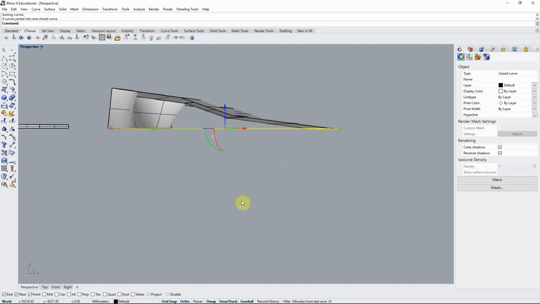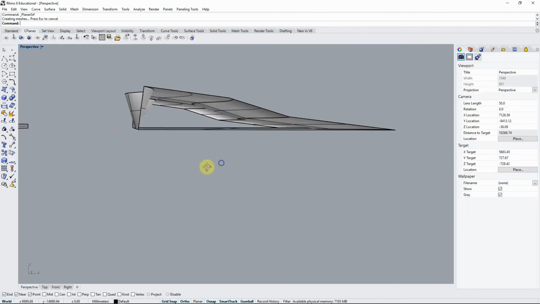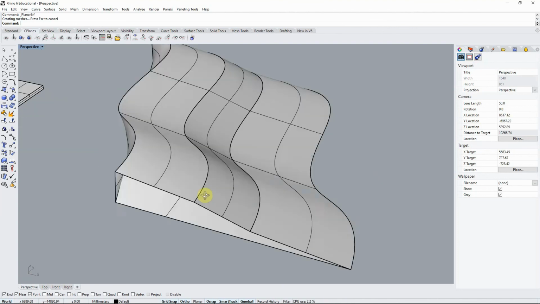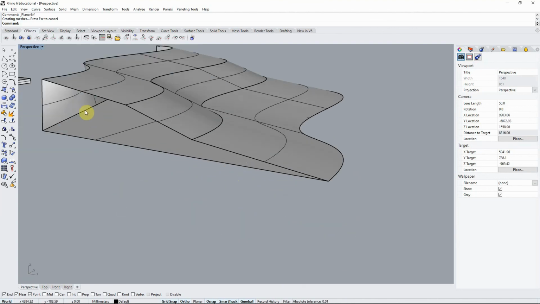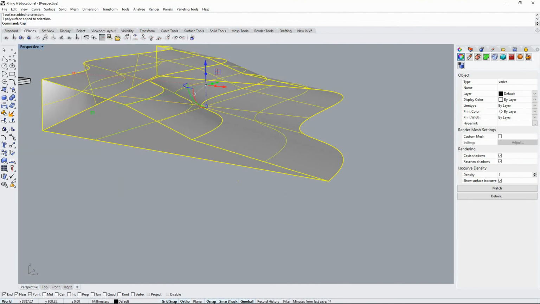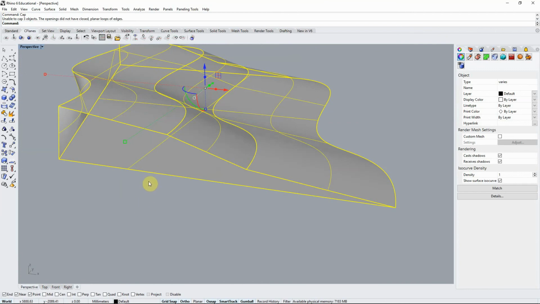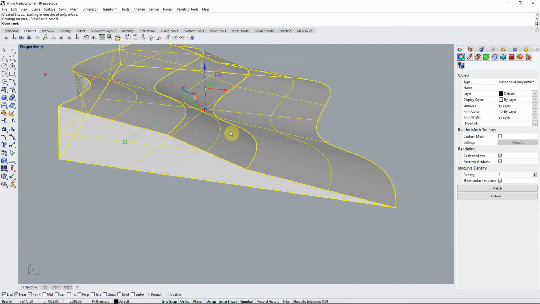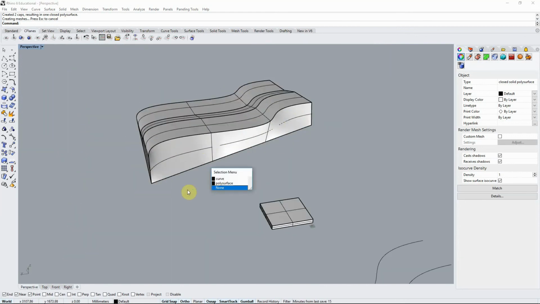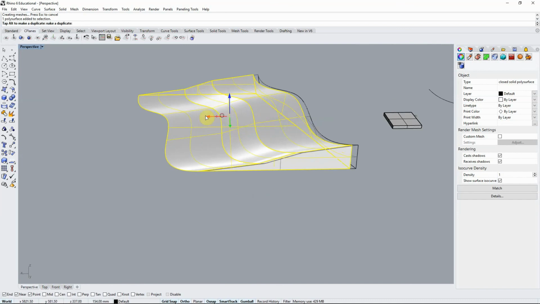We're gonna join these, and then we're gonna create surface out of it, and then cap it. Okay, so now we have one polysurface here,